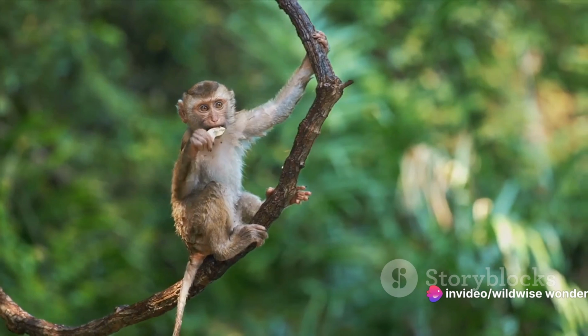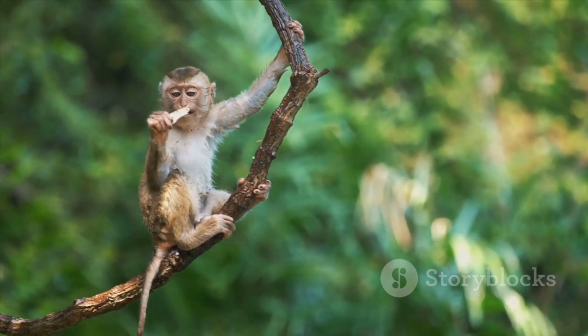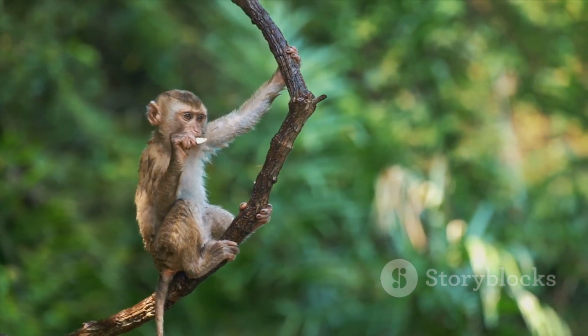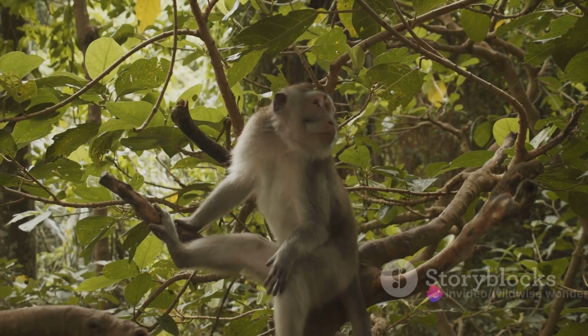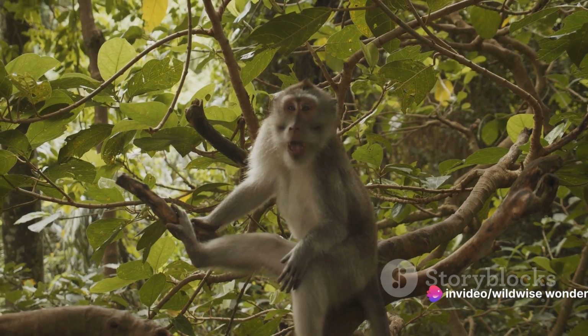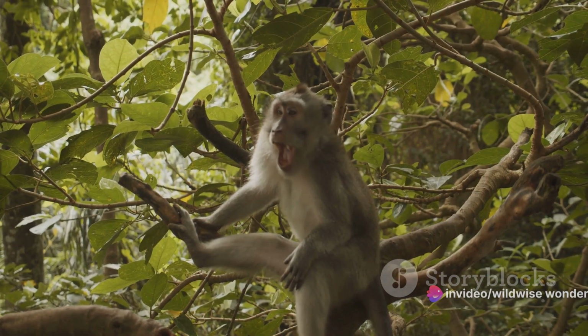Take monkeys, for instance. Their long, flexible limbs and prehensile tails make them adept climbers, allowing them to navigate the complex network of branches with ease. Their keen eyesight aids in spotting ripe fruits from afar, a crucial skill for survival in the food-scarce upper strata